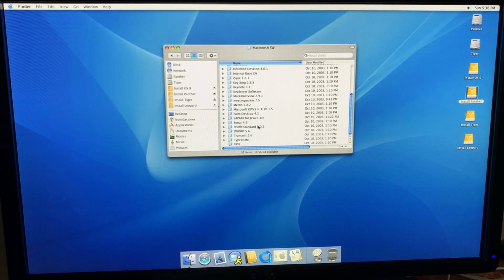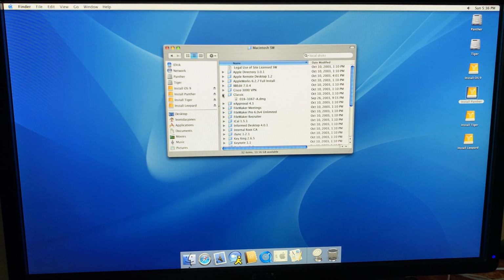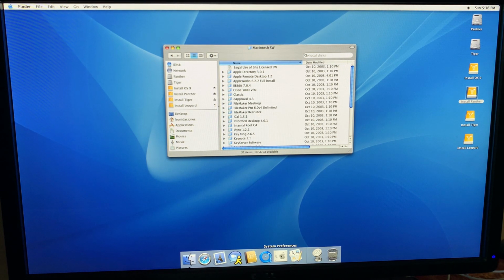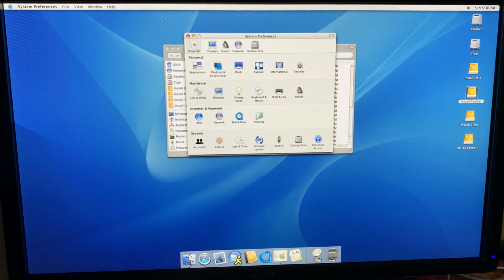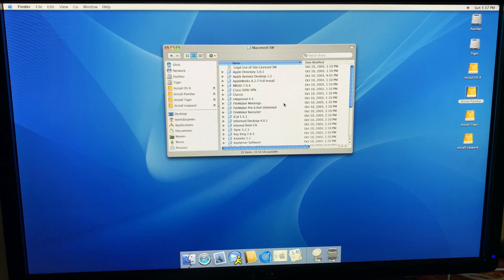I do have to put OS 9 on here. I will do that. Classic. Is Classic not there? No, Classic is there. It won't do anything because I haven't put a system folder on it yet. Stuffit. VPN. Transmit. Yeah, there's a lot of stuff that does not come with your average OS X Panther installation. All right, now just as an example, the only one that I actually installed, AppleWorks 6,